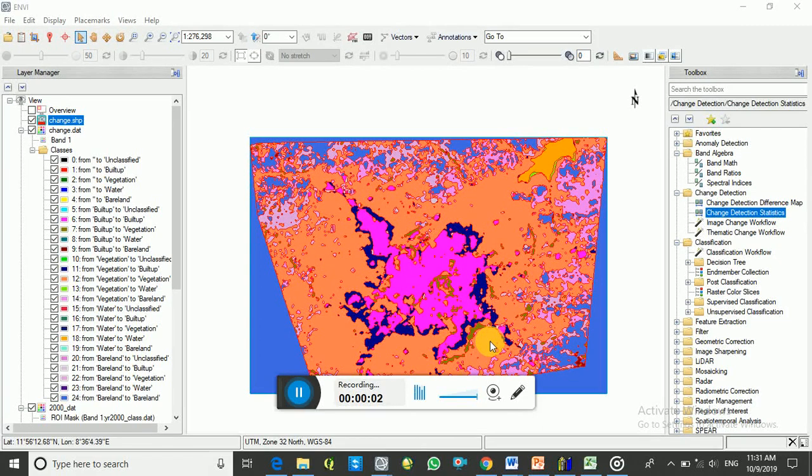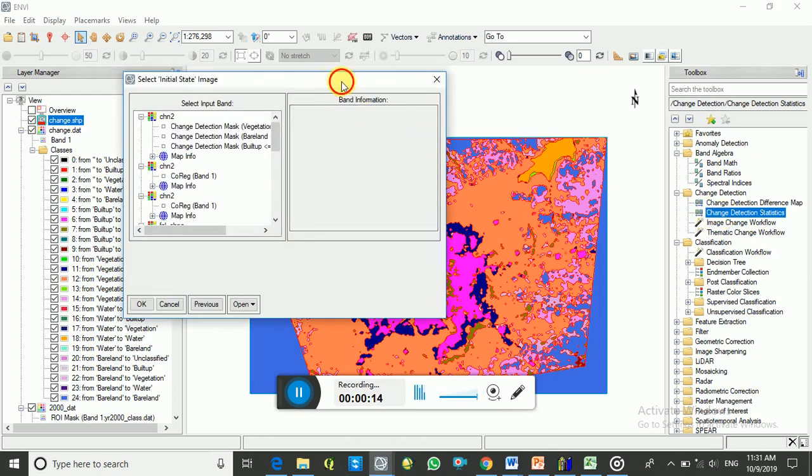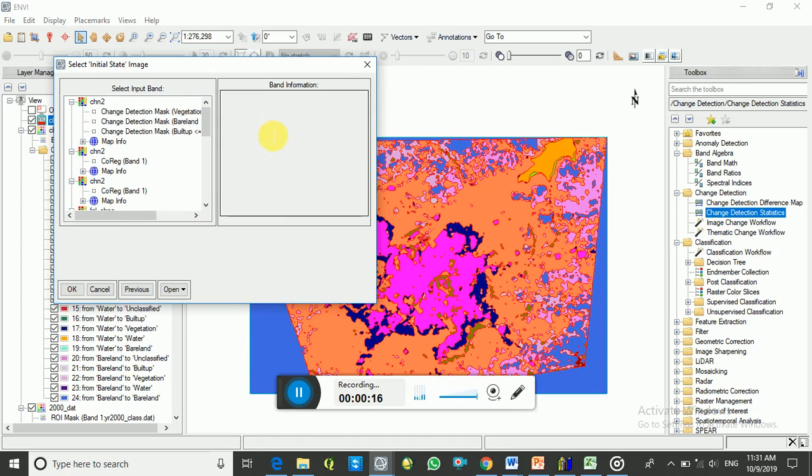Yes, yanzu wannan continuation ne na wancan video din na farko, so wannan na biyun sa ne. And this one ina so zan nuna change detection statistics, and zaka yi relating change from one different land use and another. For example, initial stage, what percentage of vegetation has been converted to built up, or reverse case, and